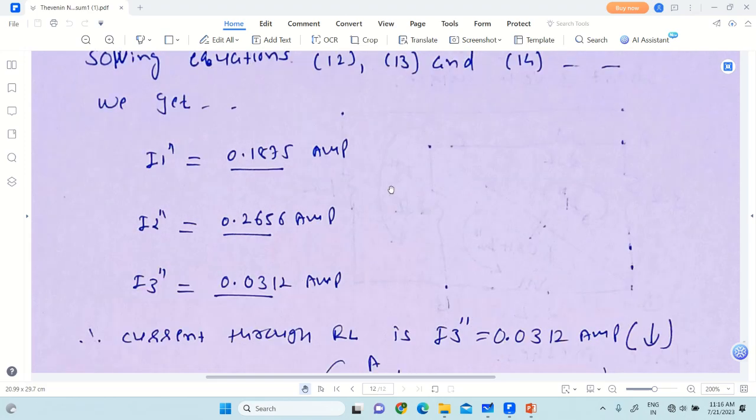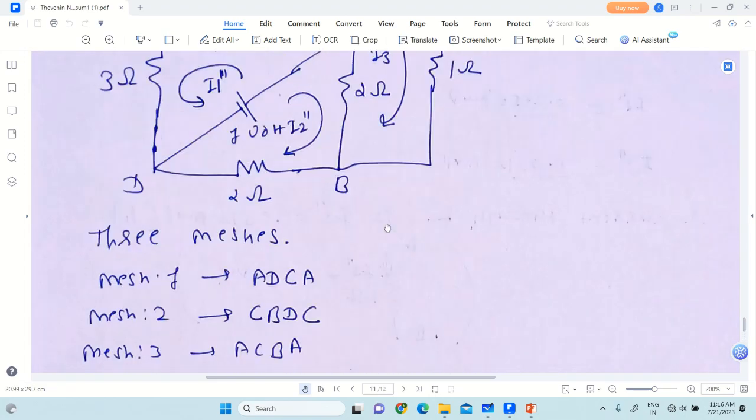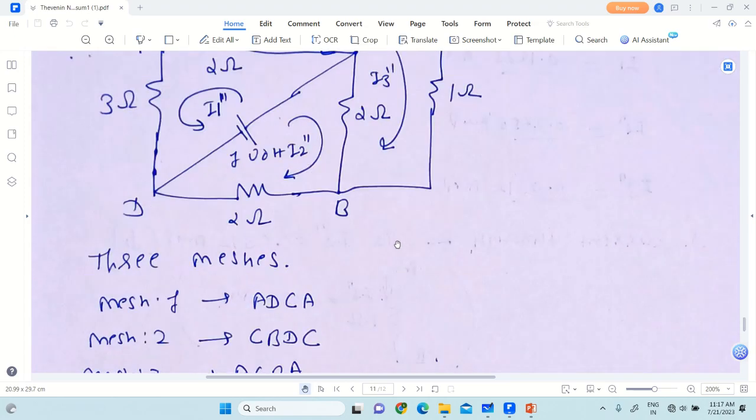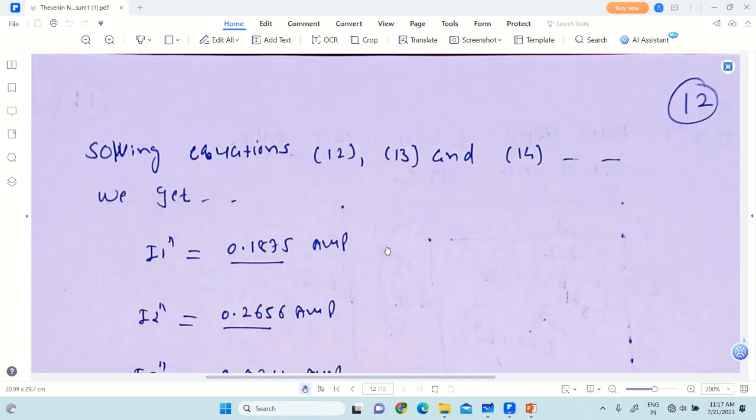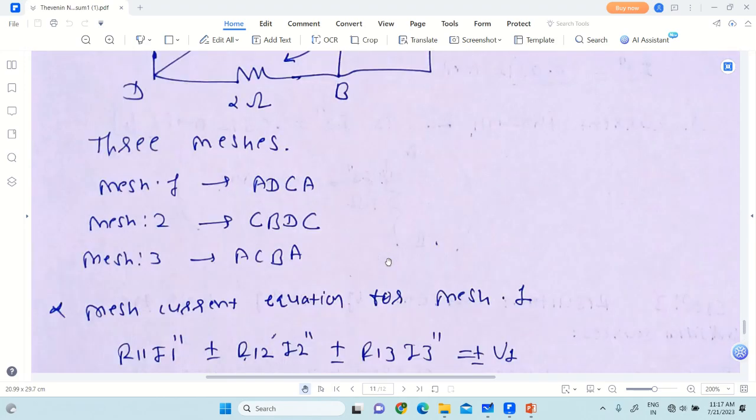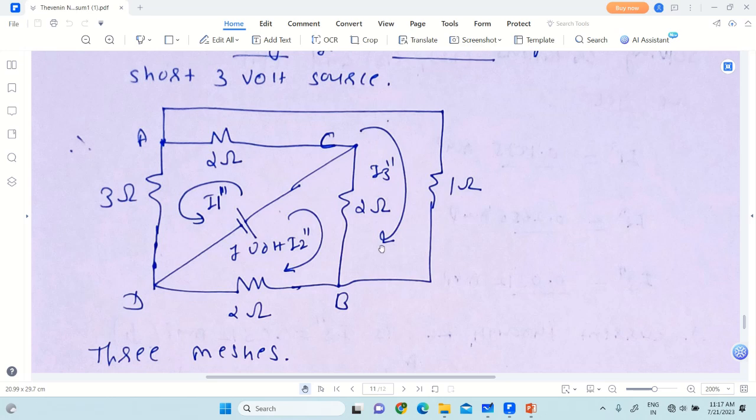Now in which current we are interested? Try to answer. We are interested in finding the current through this 1 ohm load resistance, and current through 1 ohm load resistance is I3 double dash. So and we got the positive value of the I3 double dash. It means our assumed direction is correct. Actual direction is same as that of assumed direction, and assumed direction is what? It is clockwise. As far as 1 ohm is concerned, it is in downward direction, right? Current is flowing from A to B in downward direction,